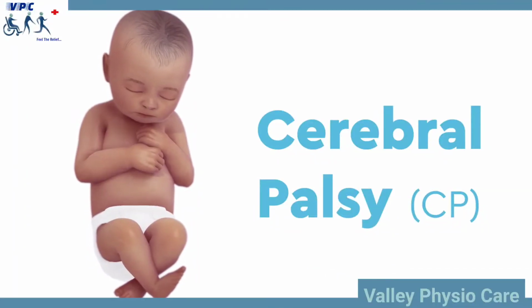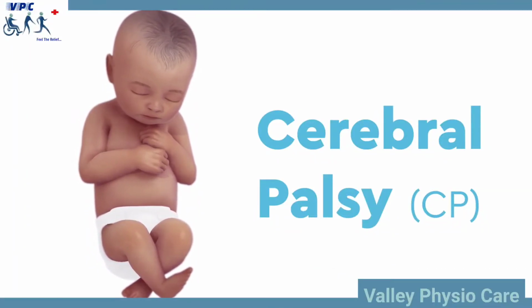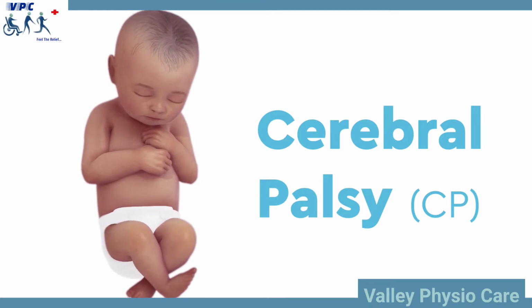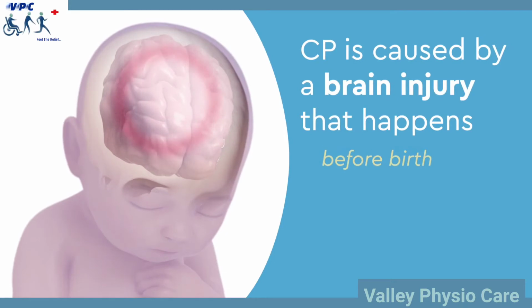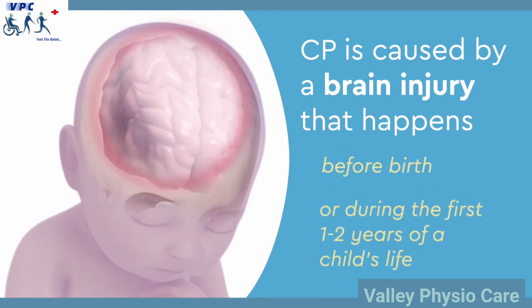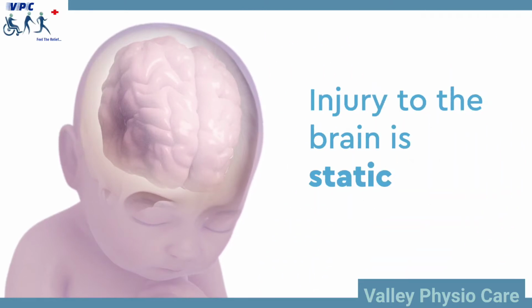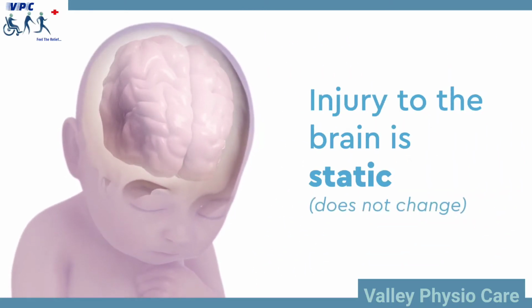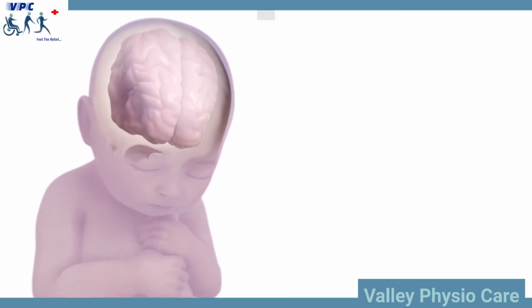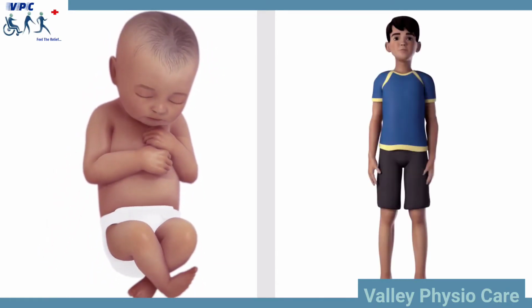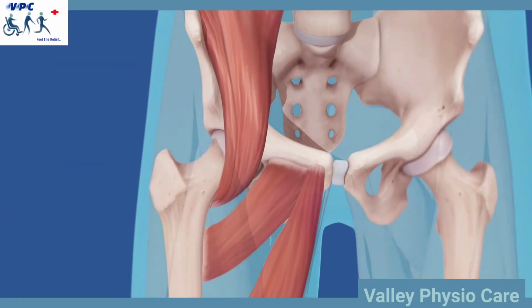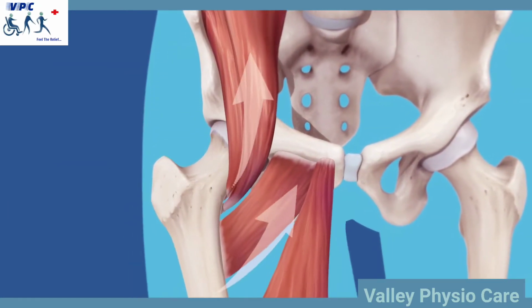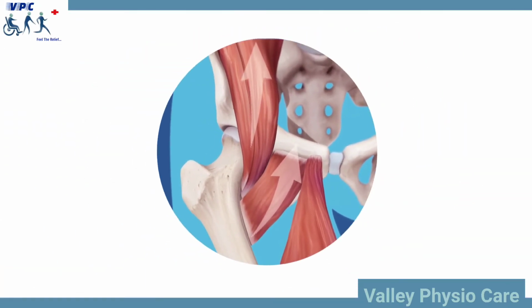Cerebral palsy is a permanent condition that results in some loss of muscle control and coordination. CP is caused by a brain injury that happens before birth or during the first 1 to 2 years of a child's life. While the injury to the brain is static and does not change, it can cause downstream changes as the child develops. For example, children with cerebral palsy often develop an involuntary tightness in their muscles, known as